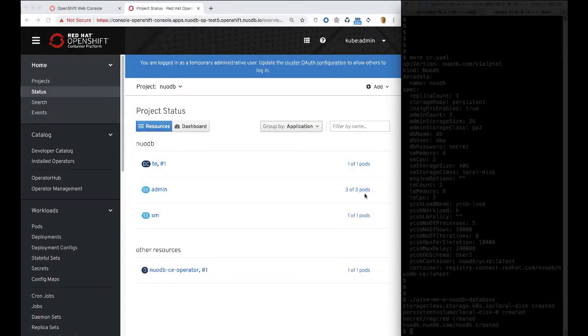NuoDB also allows you to create a highly scalable and fault-tolerant system simply by configuring multiple of each process type. If any process should fail for any reason, it's okay. There are others of the same type to pick up the load. The result, your applications are continuously available because the NuoDB database never goes down. The database is now fully configured to the desired state that we asked for: 1 transaction engine, 3 admin processes,